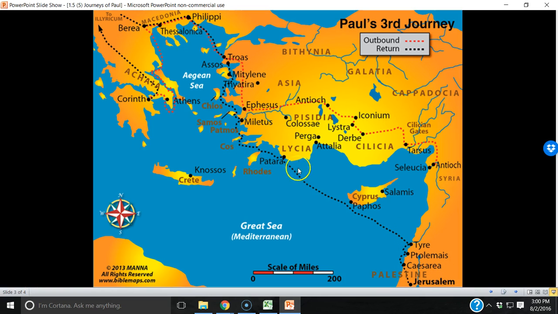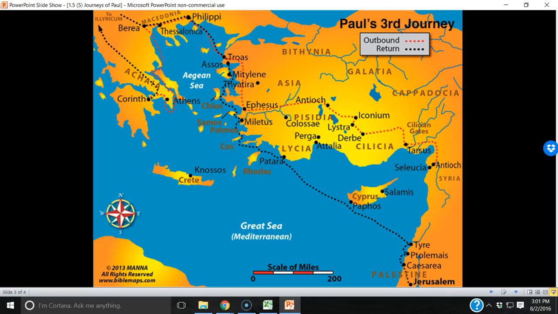This trip right here was very difficult for Paul because he knew now that going back to Jerusalem would be dangerous. He'd done a lot of missionary work. The Jews were very hostile to these new churches and communities because they didn't like it that they were not being circumcised. And so Paul's actually going to have a lot of bad experiences here. He's actually going to be imprisoned. It will lead to some time before some of the Roman rulers, and then that will actually lead him to Rome later on. So that's where we'll stop it for now.